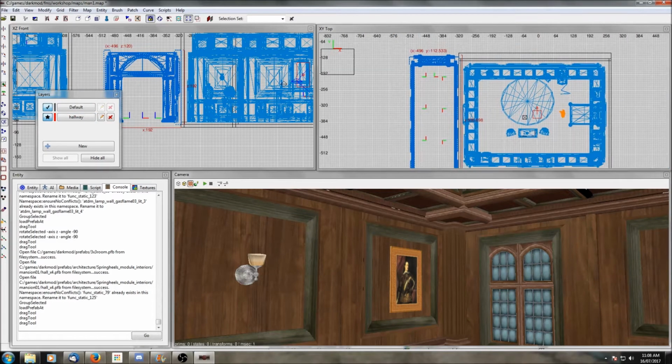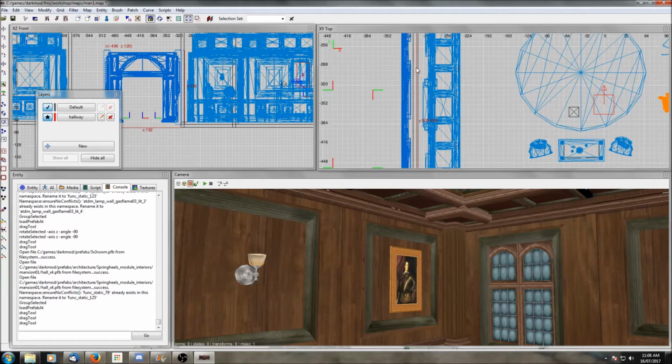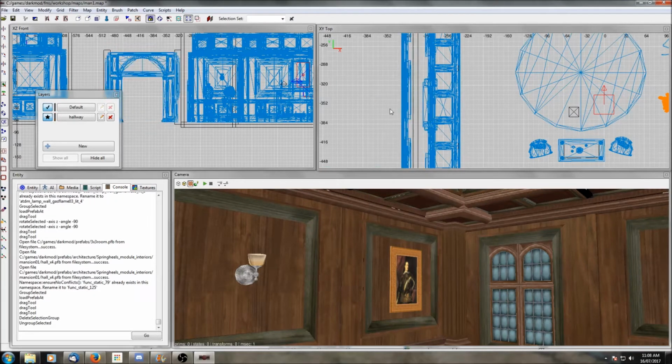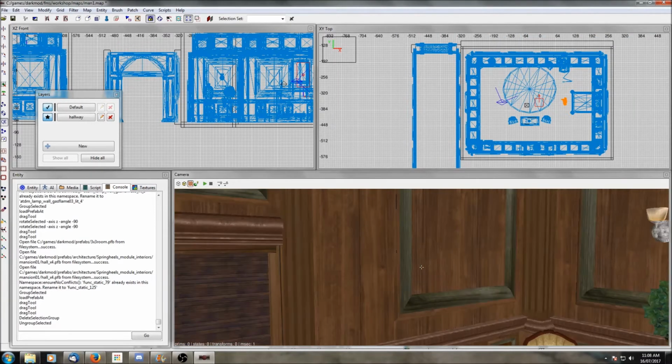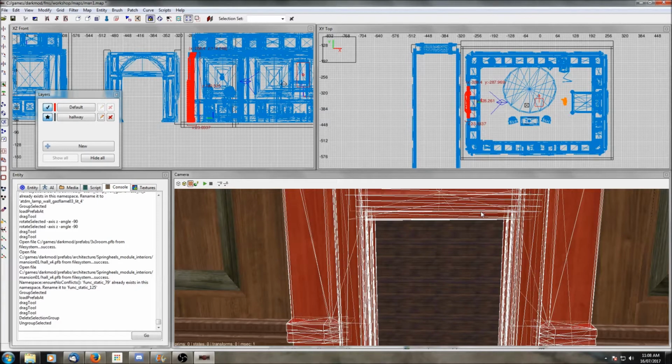Now, one of the trickiest parts of working with modules, they're great for making really fast rooms and really fast hallways and exteriors and things like that. But there is one part where they become a little finicky, and that's when you're trying to line up doorways or any other kind of entry point. So what I'm going to do, I've got the hallway selected. I'm going to ungroup it, and then I'm going to go into my main room by pressing Control and then the middle mouse click to put my camera in there, and I'm going to select this doorway, and then I'm going to